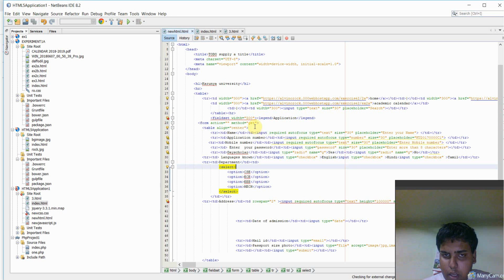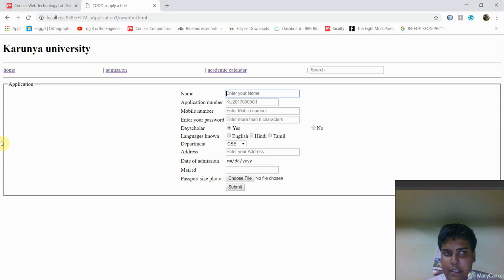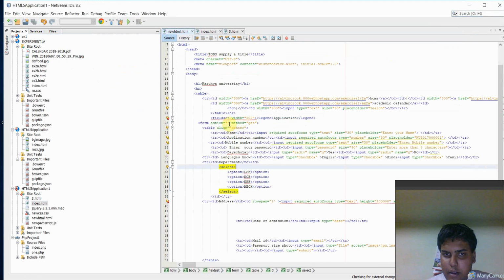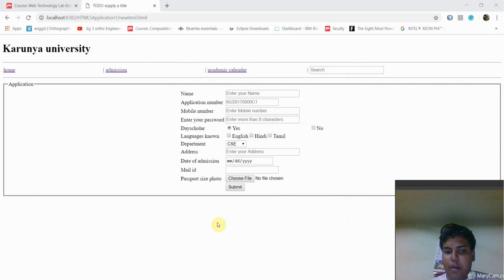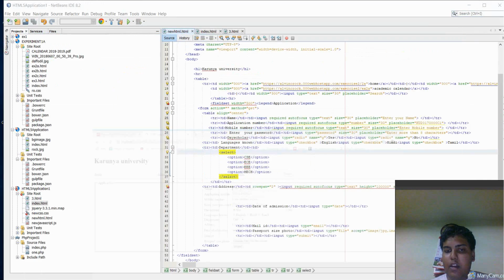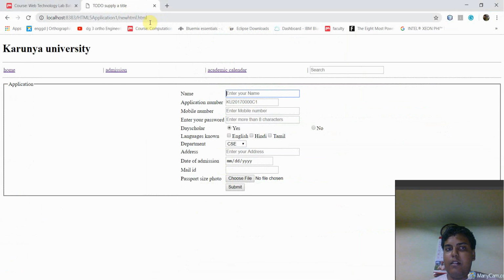In the code, we have used the fieldset, as I said. The fieldset gives the boundary, and legend is the heading. And then form action and method get. Actually, we'll study this in depth in PHP. Action is where the data you collected from this form goes. When you give submit, it has to go somewhere, within the page or to another page, and you give that in the action. And method: if you give get, when you go to the other page after submit,